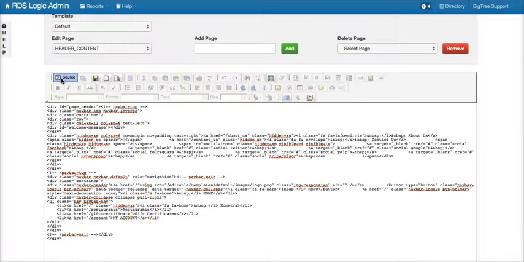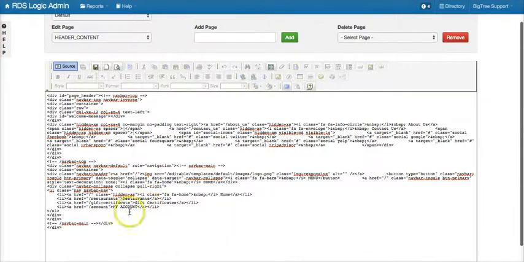So I'm going to hit source, and as you can see here, there's a bunch of code. You don't really have to know how to code, but what you can do is look. You see everything here is the same other than, this says restaurants, that says gift certificates, and that says account. So I'm just going to copy restaurants,